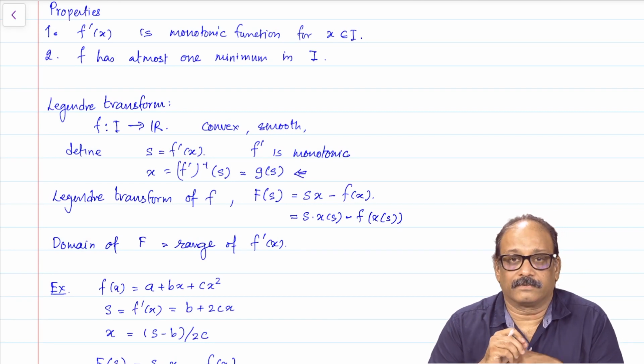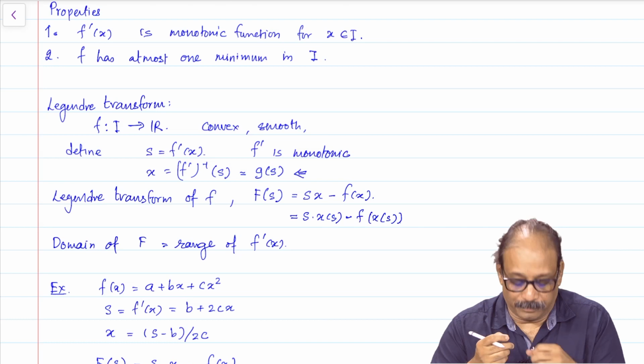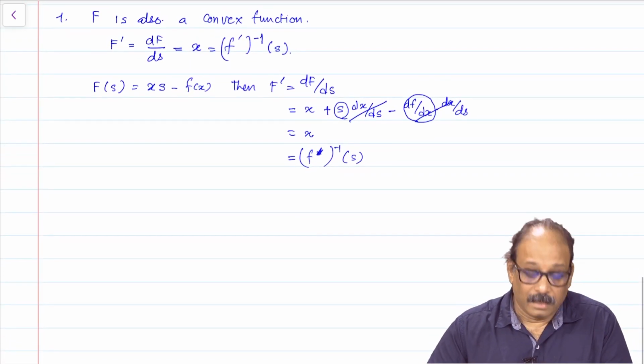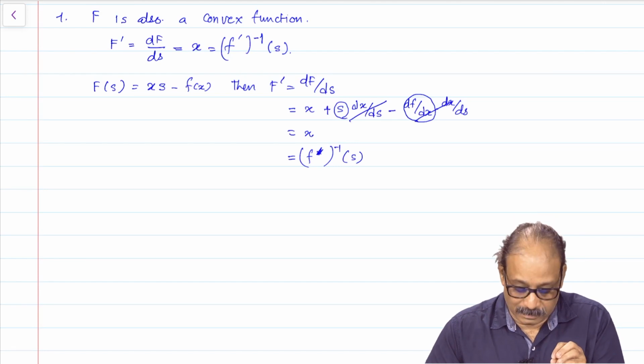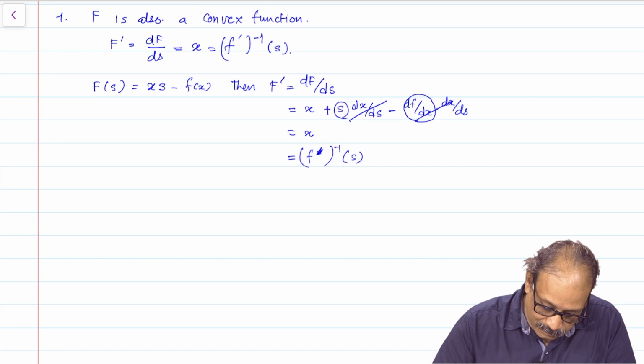So, since s is equal to f prime x, x is the inverse of the f prime equation. Okay. So, we have this. Now, to prove that capital F is also convex, I need to take the second derivative of this. So, F double prime